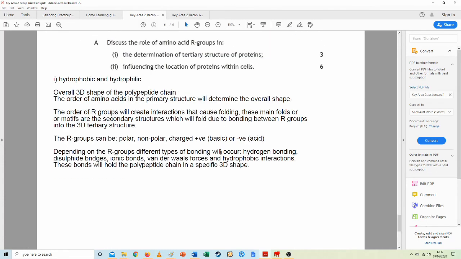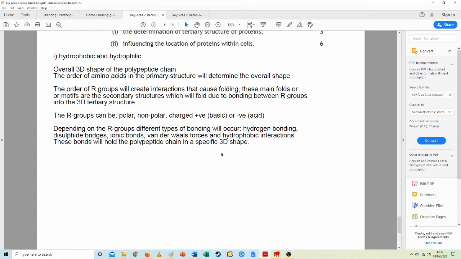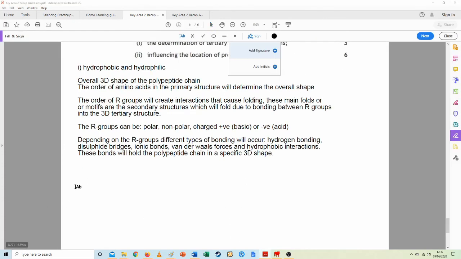So, question 2 was influencing the location of proteins in the cell. Now, when I was marking this, I'd actually forgotten to think about myself when I saw that question, because I was like, that's worth 6 marks. That's quite a lot. So really, my first port of call is to say that the tails of the